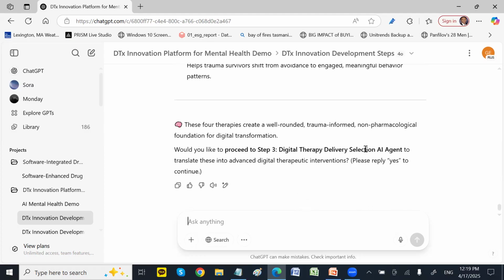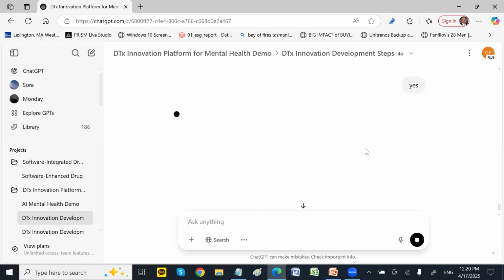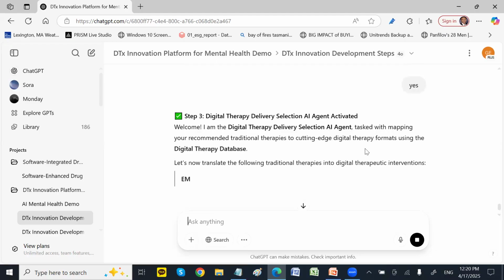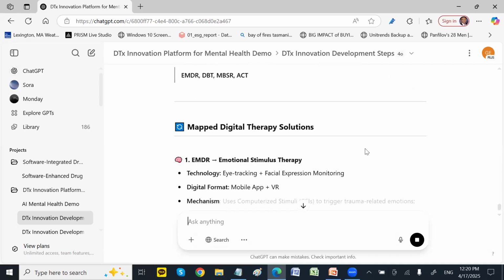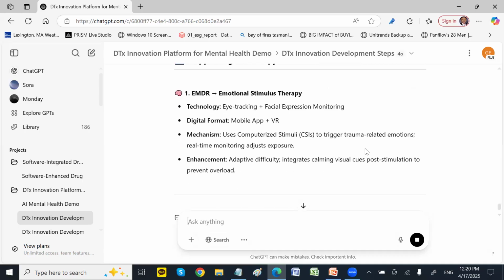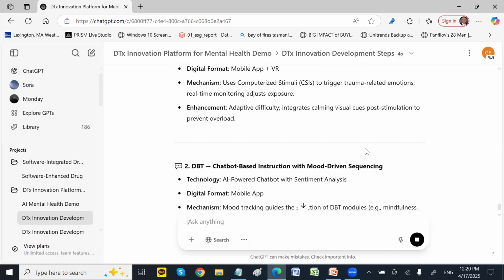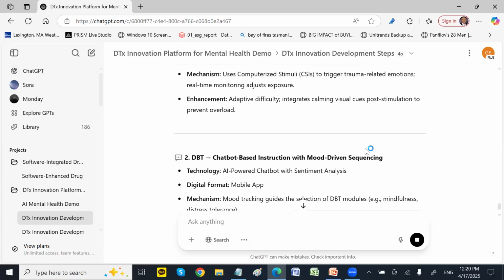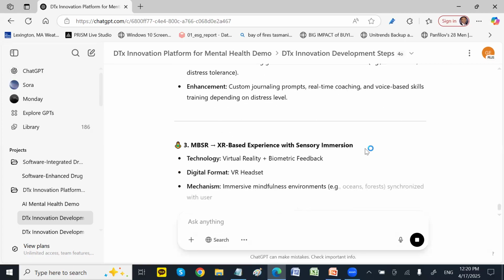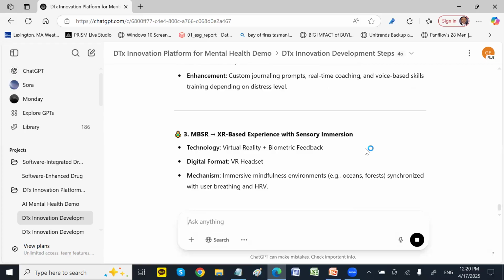And then, as I told you, it tries to find out the digital way to deliver this therapy. So you understand, right? Because it tries to map this traditional solution to digital delivery.